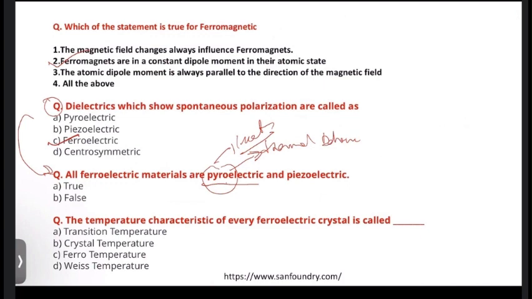What is a piezoelectric material? It is a material that is able to produce electrical energy